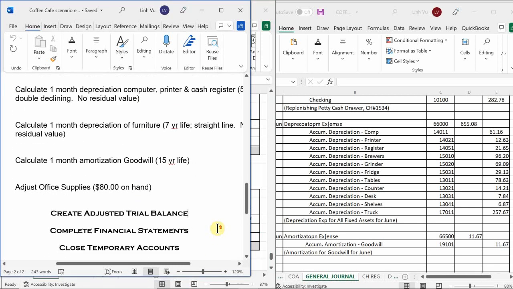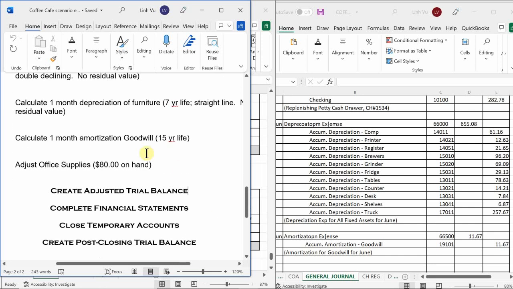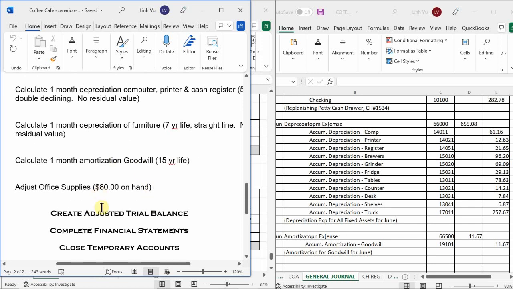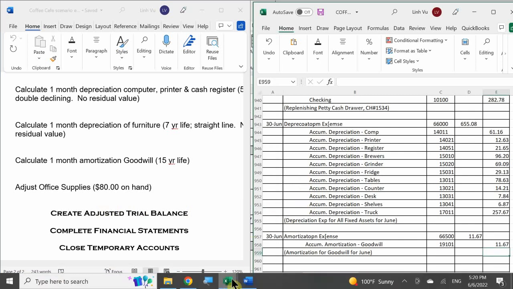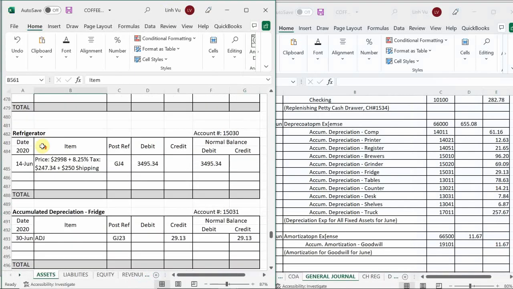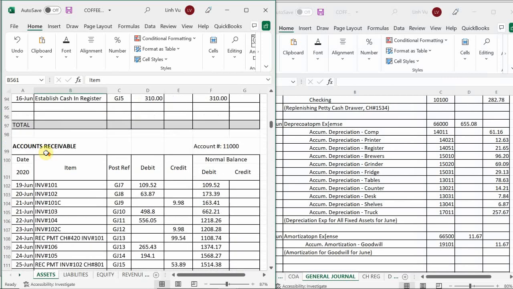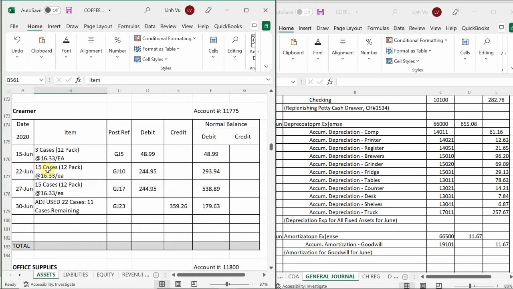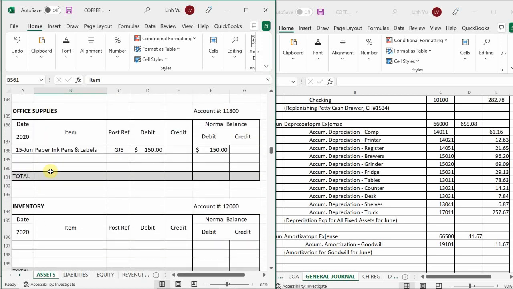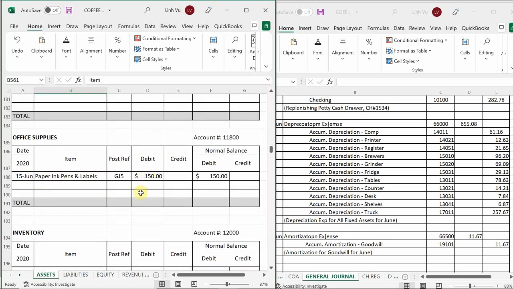Last thing that we have left on our adjustments is going to be to adjust the office supplies. $80 on hand. That means someone went to the cabinet and we figured out that we have $80 worth of office supplies left. So let's take a look at our office supplies on our ledger. How much do we actually have available for us to only have 80 left on hand? Okay, so let's see. Office supplies, right here. We purchased originally a total of